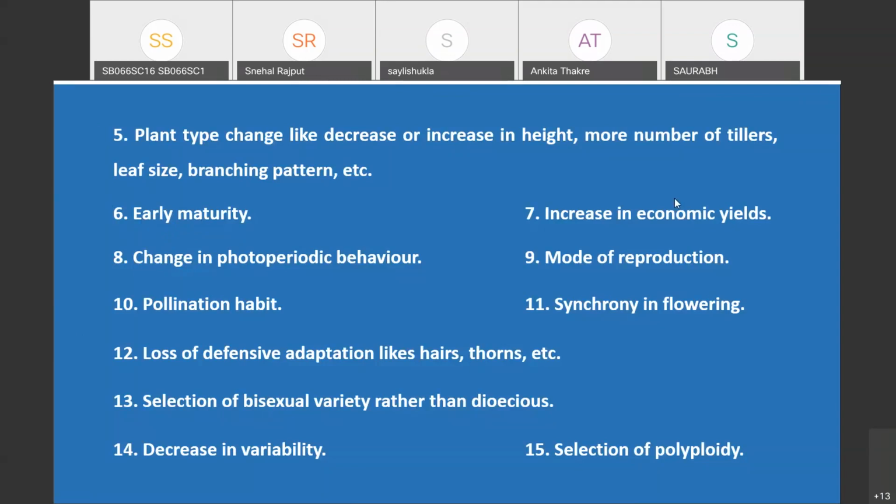Okay, then here the increase in economical yield. Then number 8, change in photoperiodic behavior. Then here you can see the mode of reproduction. Mode of reproduction, for example, the crops which were